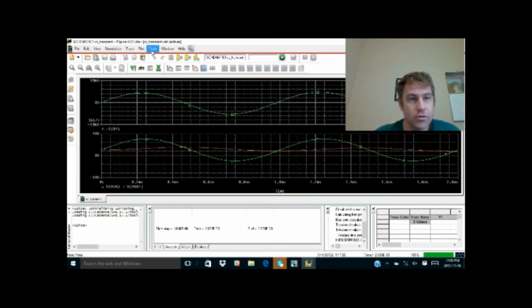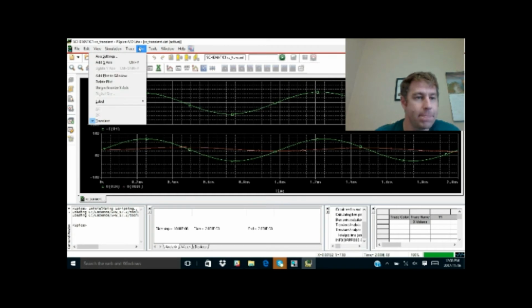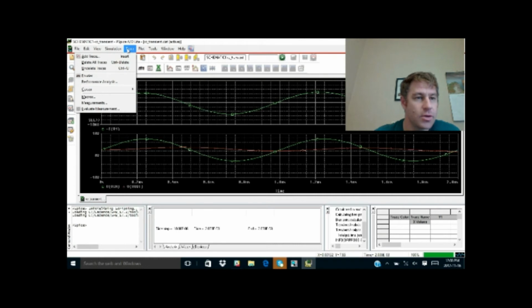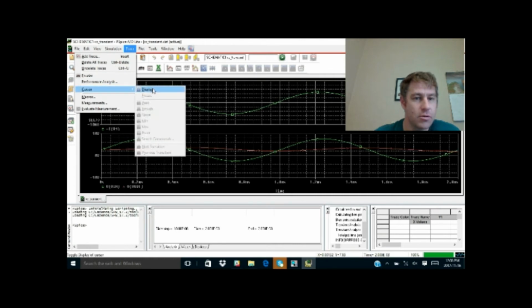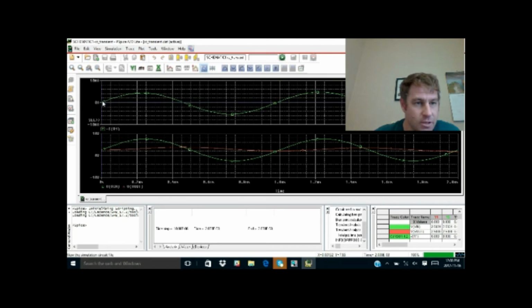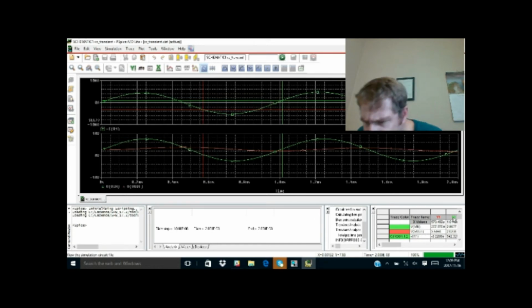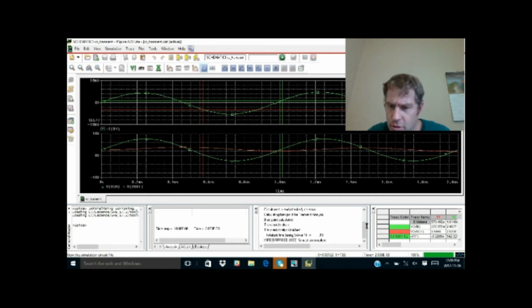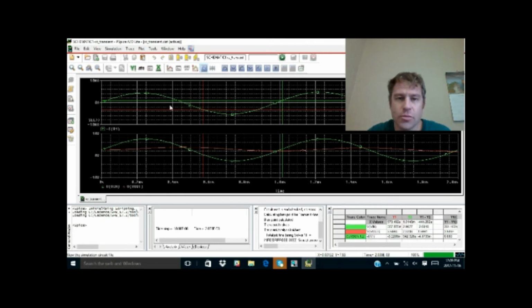Now I can put some markers on here. Where do I add markers? A cursor. So we're going to display our cursor. You actually have two cursors. If you click with the left button, it's going to place one of the two markers, and if you click with the right button, I believe, it's going to give you another marker. If you look down here, I have Y1, Y2, and there should also be a Y1 minus Y2,